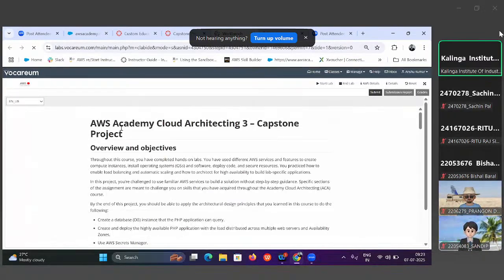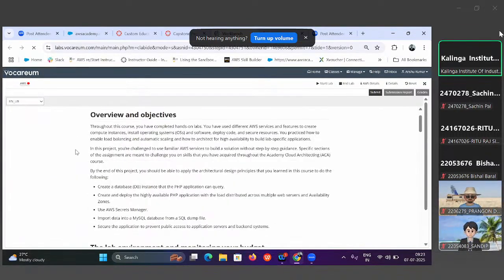देखो ये बेसिकली, AWS एकेडमी क्लाउड आर्किटेक्चर कैप्स्टोन प्रोजेक्ट ओवरव्यू। Throughout this course, you have completed hands-on lab. You have used the different AWS services and the features to create compute instances, install the operating systems and the software, deploy code, secure the resources. You practice how to enable load balancing and auto scaling. देखो आज ही हम लोग पढ़ रहे थे ऑटो स्केलिंग, ELB कैसे enable करते हो, और हाउ टू आर्किटेक्ट फॉर द हाई अवेलेबिलिटी to build the lab specific applications, ये सब तुमने किया है।